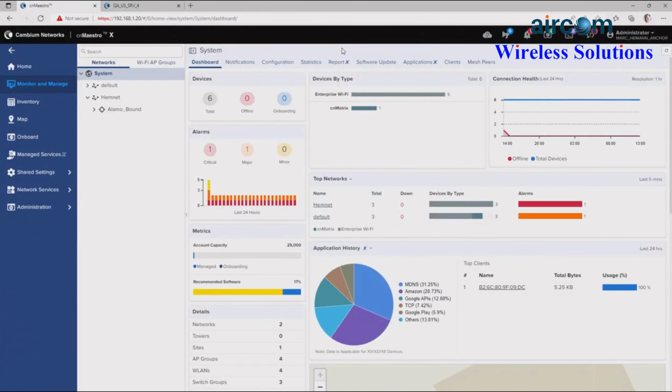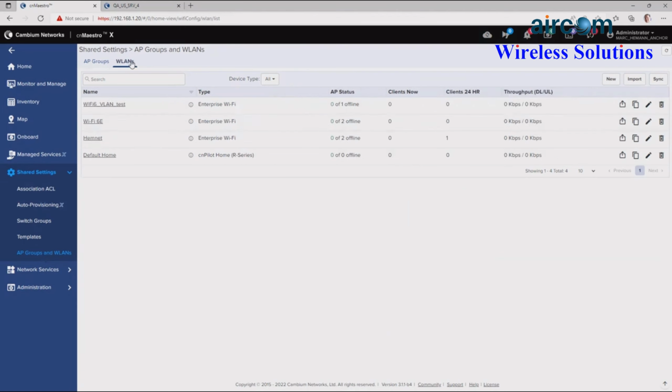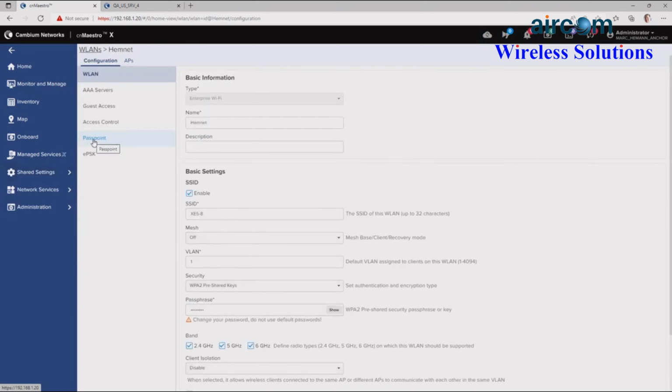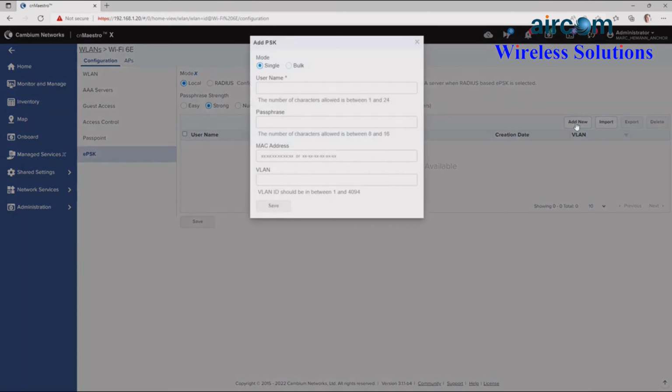To create EPSKs, go to Configuration if you have the cloud version of cnMaestro X, or go to Shared Settings if you have the on-premises version. Then go to AP Groups and Wireless LANs, and go to the Wireless LANs page and open an existing wireless LAN. Then go to the EPSK page. To add new EPSKs, click the Add New button, and to add them in bulk, click the Bulk